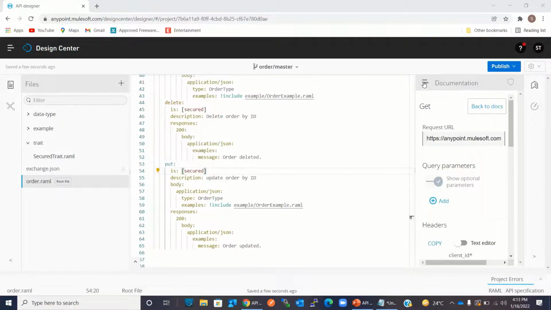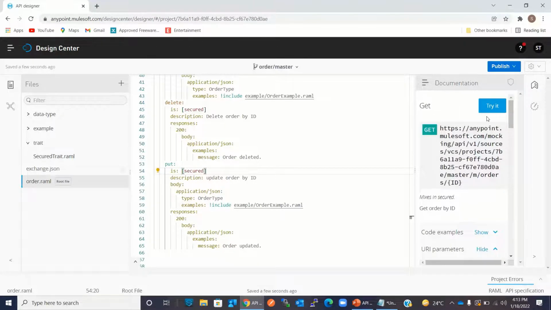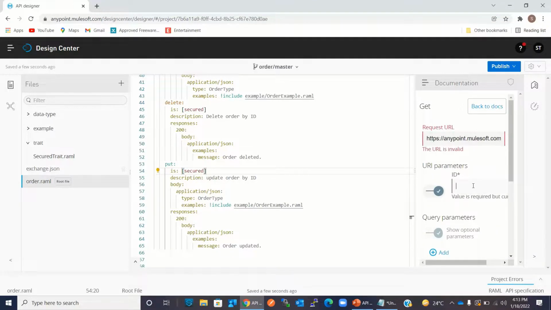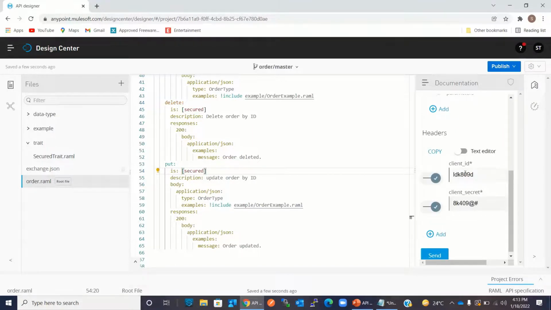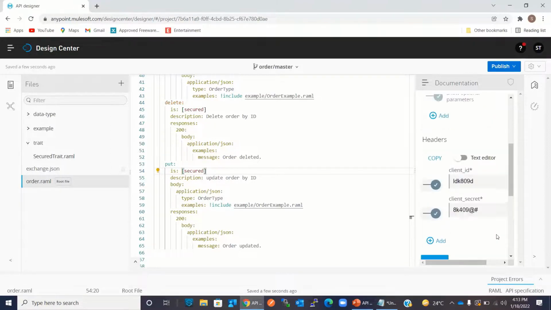Now we'll go to the documentation, click ID, click on get, try it. We'll provide ID 100 and we'll send client ID and client secret. Click send. We got the result.